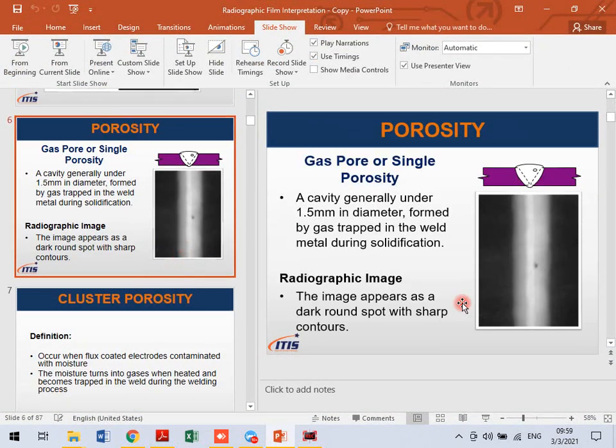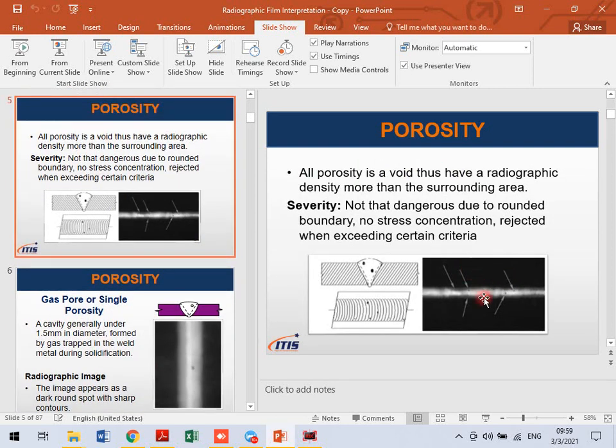For example, see, this is the image. Why is this image formed? Why is this black? Because of the differential absorption. And your main area of interest is the weld, right? So